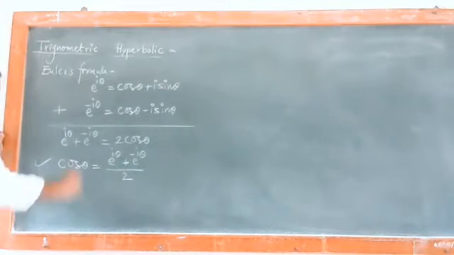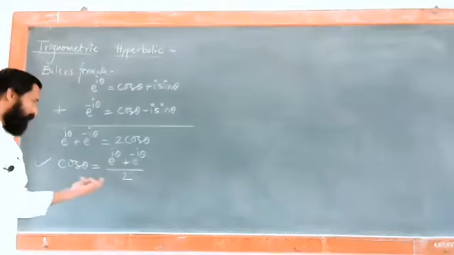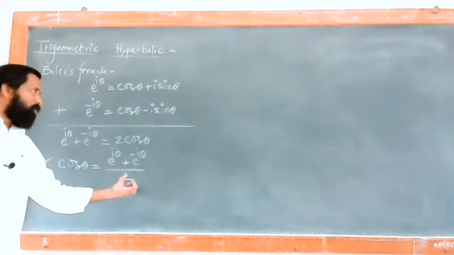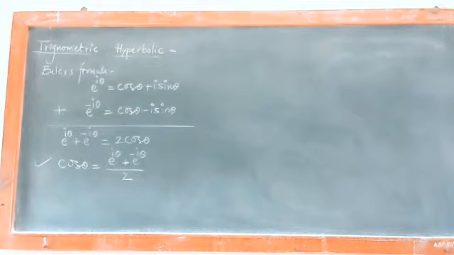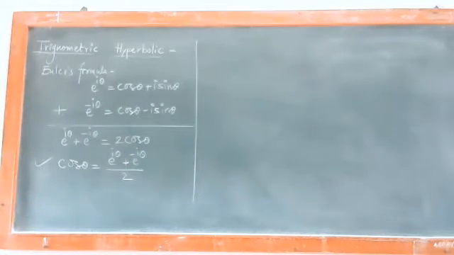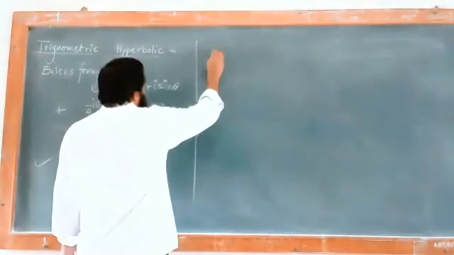हे लक्षात ठेवा, हे बऱ्याच वेळा विसरले जातं. So we can have this cos of theta is equal to e raised to I theta plus e raised to minus I theta upon 2. Now this is the first thing. What about sin theta then? आपल्याला sin theta देखील कॅल्क्युलेट करायचे. sin theta ची व्हॅल्यू कशी येईल बघ? काय करावं लागेल? आता ऍडिशन केलं, त्यानंतर काय करायचंय? सबट्रॅक्शन करायचं. जर या दोघांचं सबट्रॅक्शन केलं, just check it out.